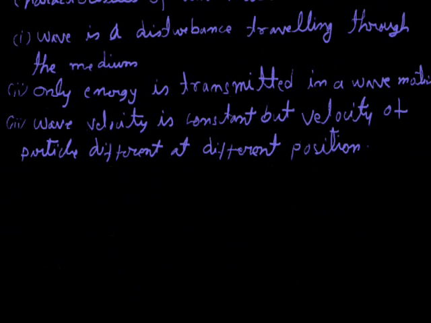It means, what is happening in this case, I can draw a diagram so you can understand this phenomenon. This is the way the waves are going, but the particles just vibrate up and down at their positions. So the particle velocities are increasing and decreasing, but this is the wave velocity of propagation, and this is the particle velocity, which is vibrating up and down. So it is quite clear that the wave velocity is constant, but the particle velocity is different at different